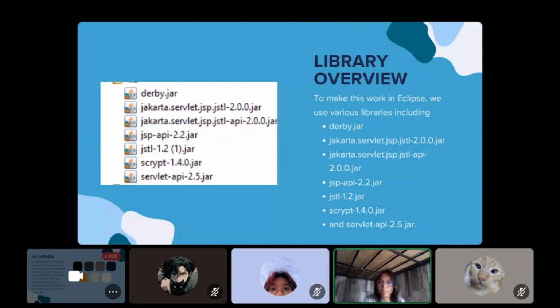As you can see in our library, we also have script. This is for hashing algorithm. We haven't used it yet, but as we improve our system, this could be useful to securely store the user's password for enhanced security. Lastly, we have Servlet API, used for handling HTTP requests and responses in Java web application.